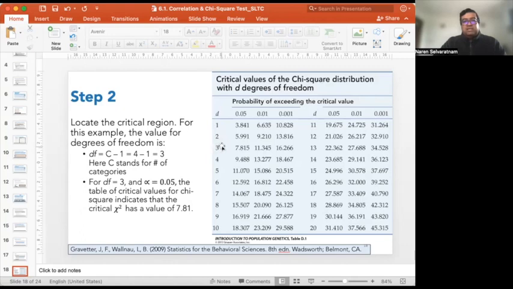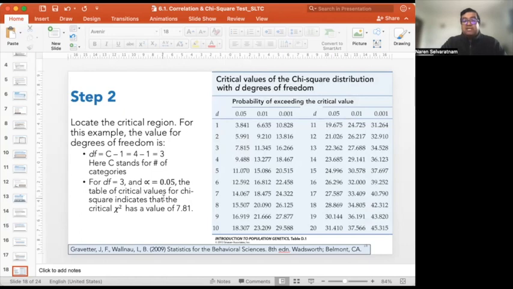Under the alpha of 0.05, my cutoff point is 7.815. If the resulting value of this analysis is more than 7.815, I am going to accept it as statistically significant. So for degrees of freedom equals 3 and alpha 0.05, the table of critical values for chi-square indicates that the critical